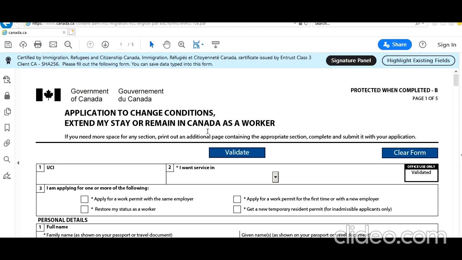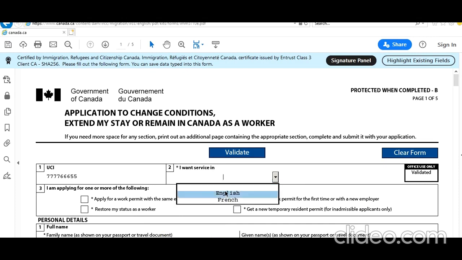Okay guys, so let's say John Smith in Canada, who still has a valid study permit, is applying for this postgraduate work permit because he has completed his studies and he has got his documents in order to apply. So, unique client identifier. By now you have a unique client identifier because you have already applied to IRCC. It's not a mandatory field, but I strongly recommend it. It's like 8 or 10 digits. You're going to find it on your documents, any communication that you have, unique client identifier, UCI.